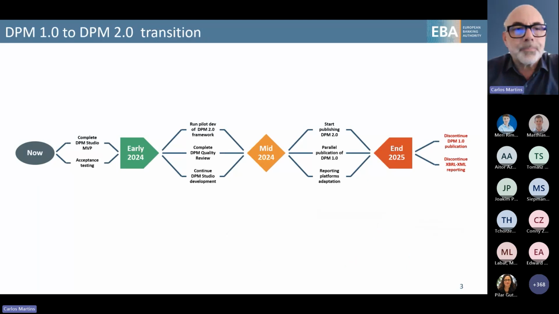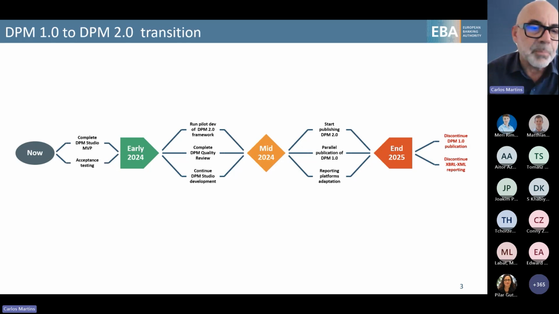Okay, now going directly to the transition from the current DPM to the new one. Until the end of the year, we are going to complete the DPM Studio MVP, the minimum viable product, which means having a tool that can be used in production, even though still with some limitations, not with all features available, but just enough to replace the current process that we have with the DPM 1.0.